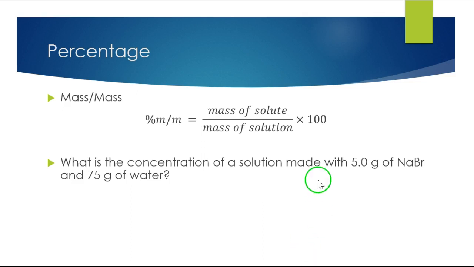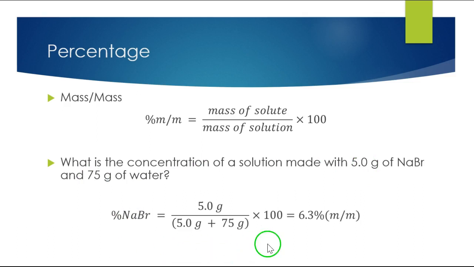Well, we're just going to take the mass of the solute divided by the mass of the solution. Remember, the mass of the solution is going to be the total mass. So it's going to be 5 plus 75. So if you do that and multiply it by 100 to make it into a percentage, you get 6.3